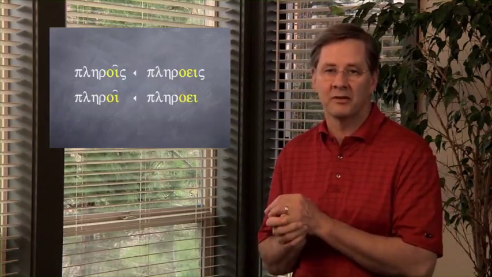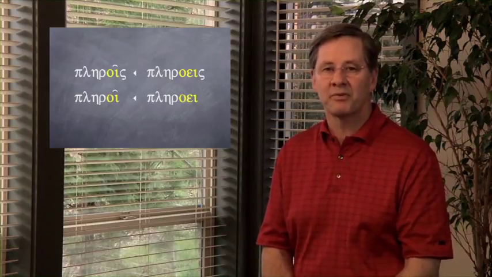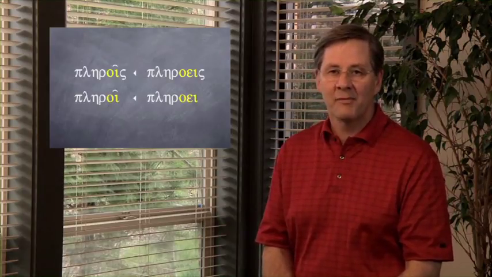Now, the other 3 rules are more miscellaneous than anything else, but they're important. Rule 6 has to do with the diphthong omicron iota. Rule 6 says that omicron iota is formed from the combination of omicron epsilon iota. And the reason that's so important is it explains the second and third person singular forms of omicron contracts.